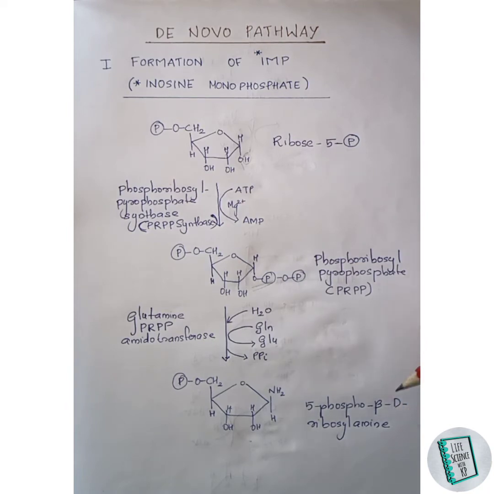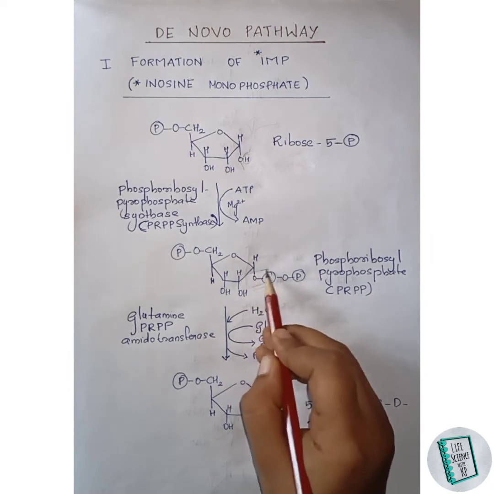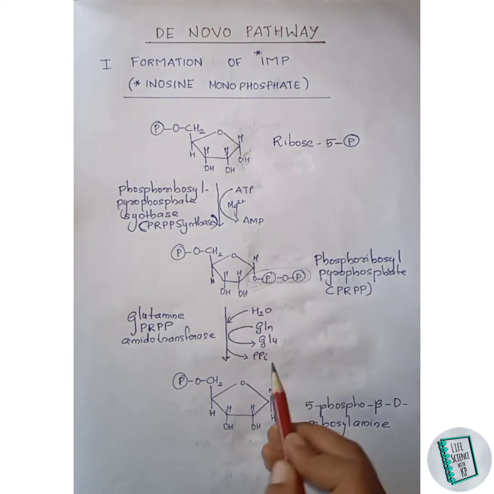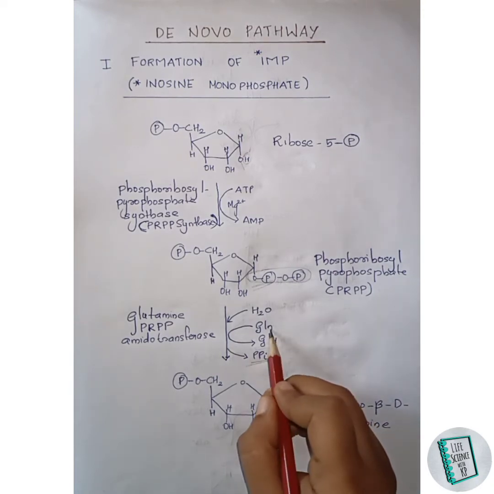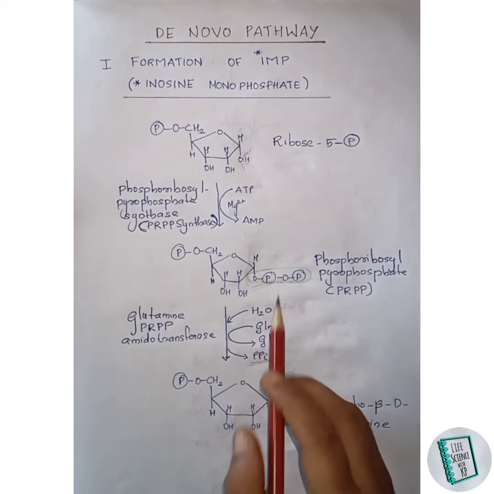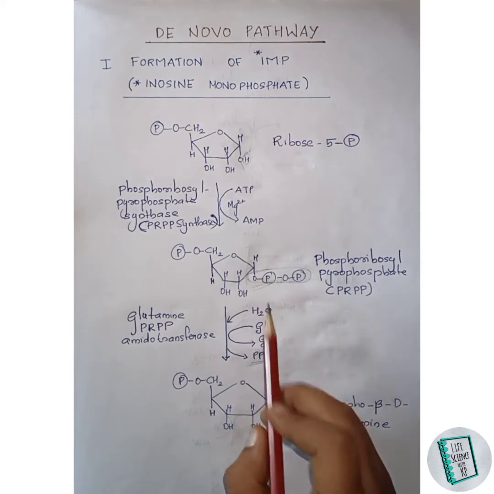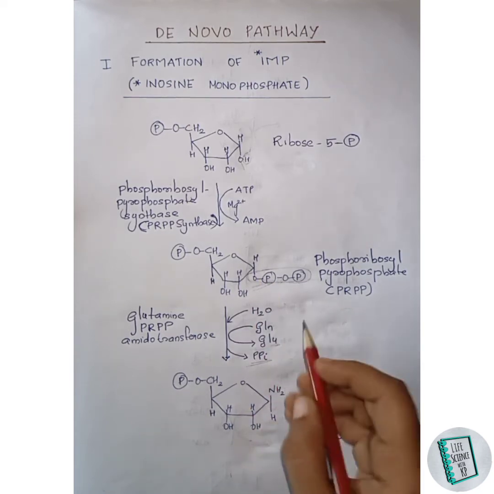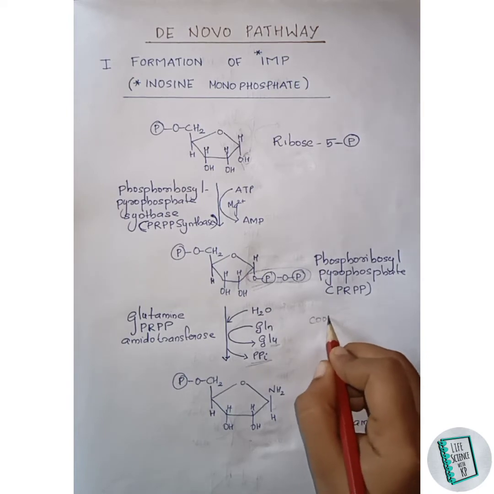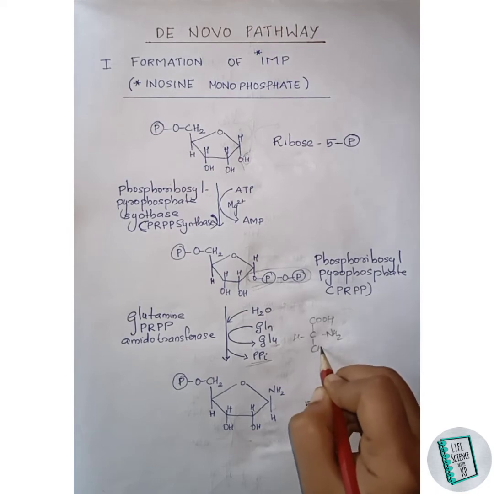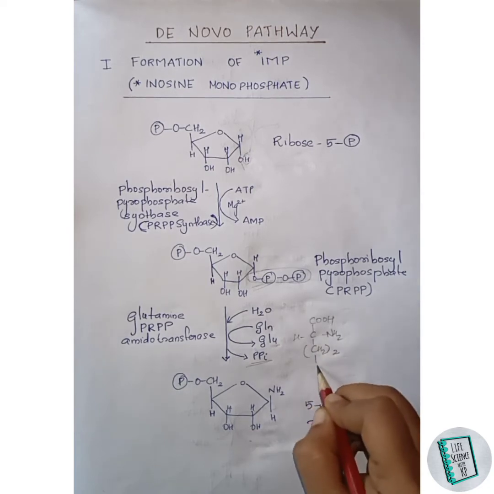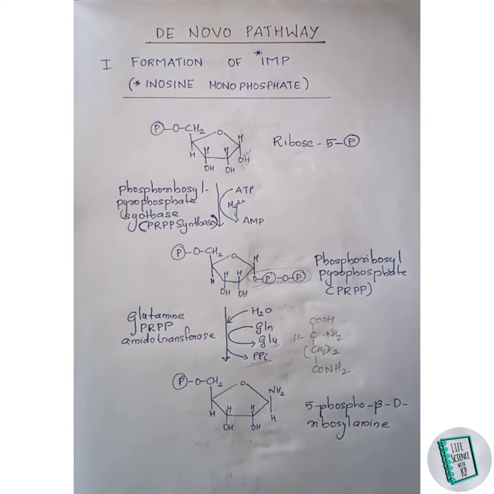5-phosphoribosylamine. What happens here is this pyrophosphate group leaves as PPi. Then this glutamine donates its amido group to this first carbon and leaves as glutamate. The structure of glutamine is COOH, CHNH2, CH2 twice, then CONH2. So this is the structure of glutamine, and here this NH2 group is donated to this first carbon and